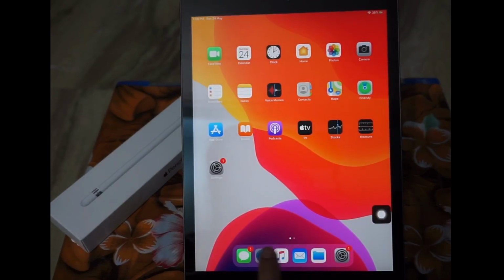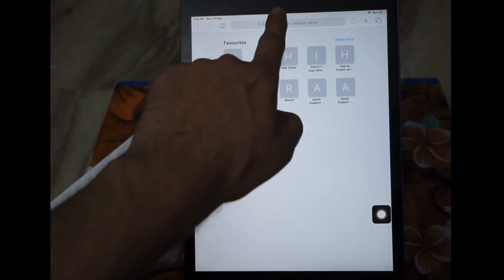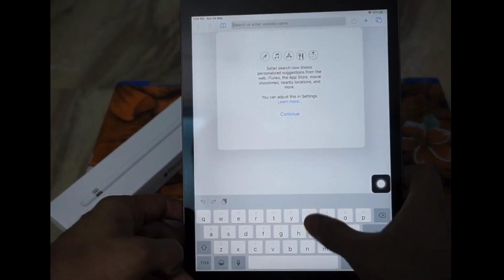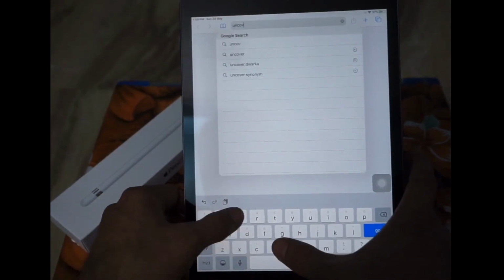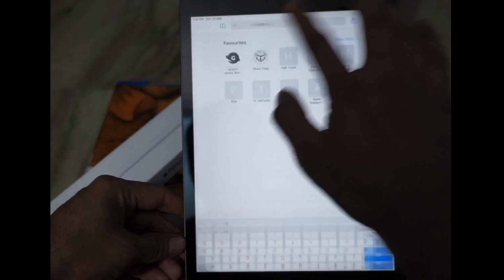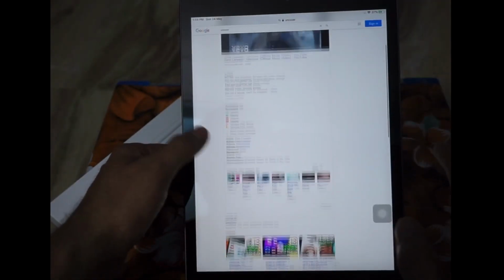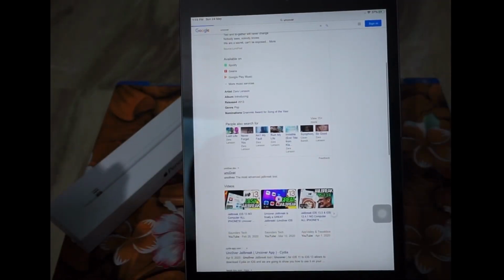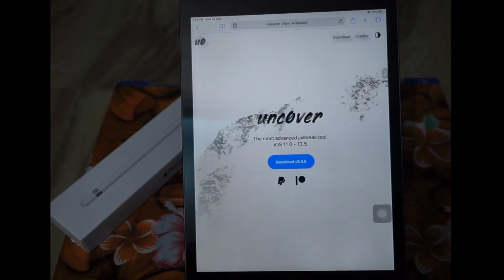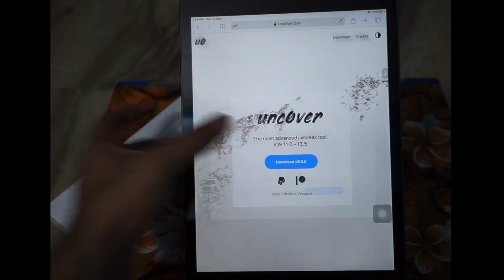Now download an application. Just open Safari or Chrome on your iDevice and type Uncover, and there is a link in the description. Just click on it and open it up. Now this is the official website of Uncover.